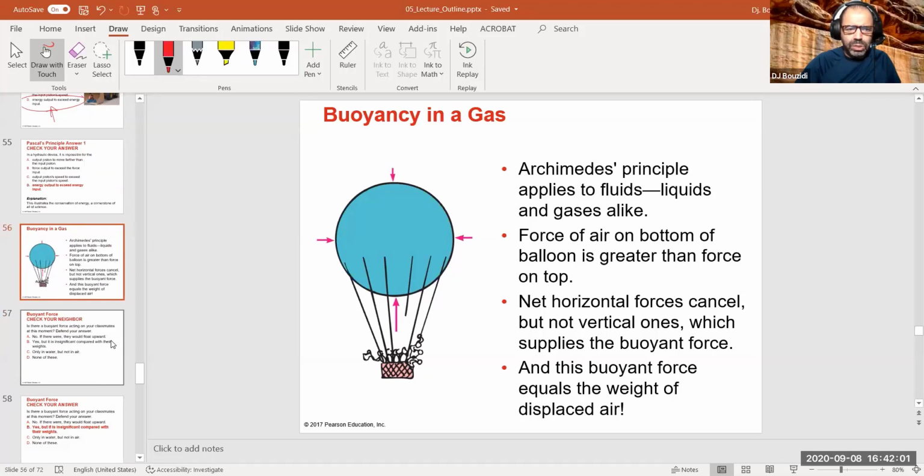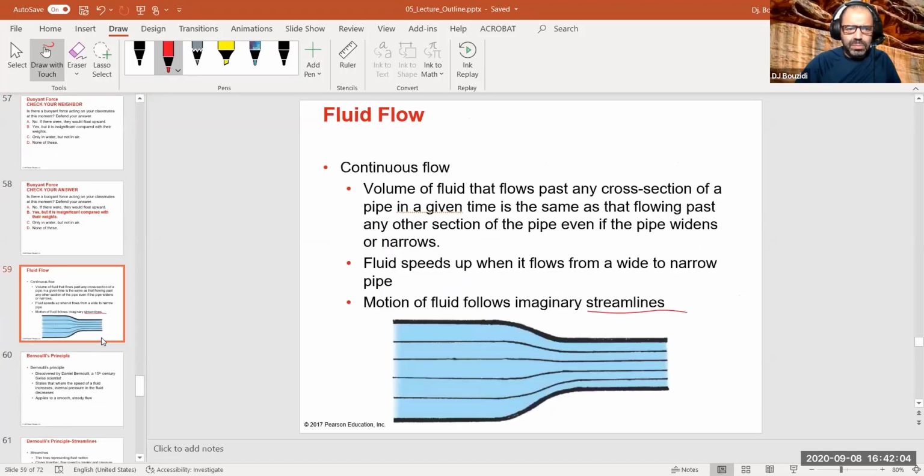We need to get into Bernoulli's principle very quickly, which brings me to fluid flow. And this is basically what we can think of as imaginary streamlines. They are not real, okay? This is where the fluid flows from one area to the next section. If I count the volume of fluid that traverses this section, it's the same volume of fluid that traverses the other one. So the volume in this case is the velocity times the amount of time times the cross section.